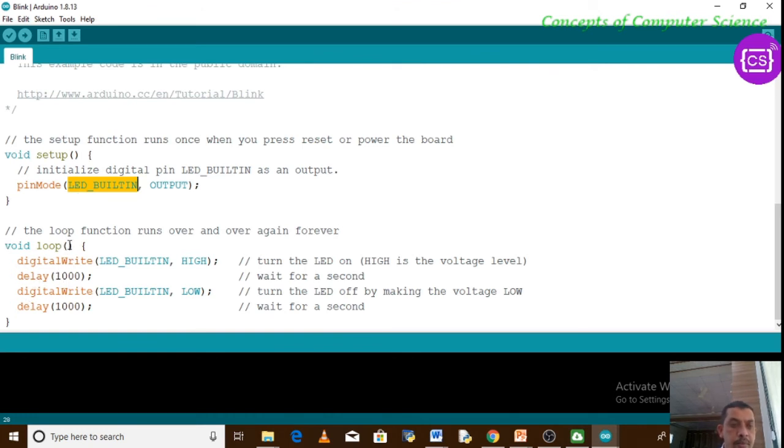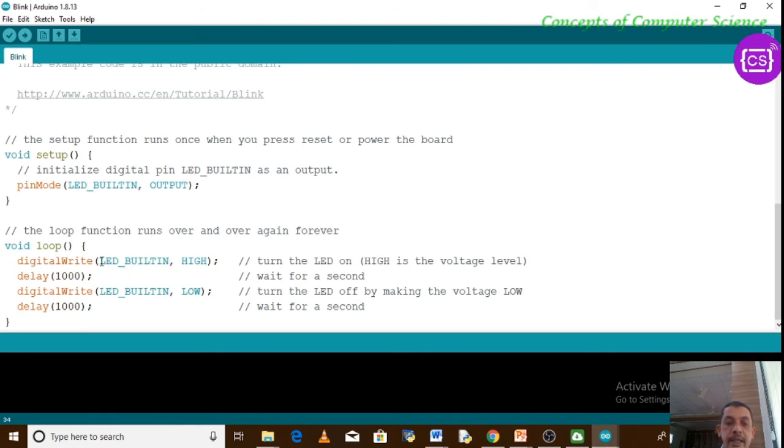Then void loop. In void loop we have written a function, digitalWrite(LED_BUILTIN, HIGH). It means we are going to turn on our LED, hence we have supplied the high voltage to pin number 13.